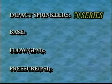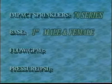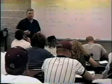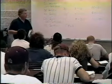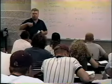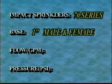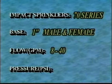The 70 series, again, is 1 inch, but this can be male or female. Notice all these so far have all been male threaded. The 70 series makes them both ways, male or female base. Male would be external threads, female would be internal threads. And we're looking at a range somewhat in this neighborhood of 8 to 40 GPM, and again our pressure rating is about 40 to 80